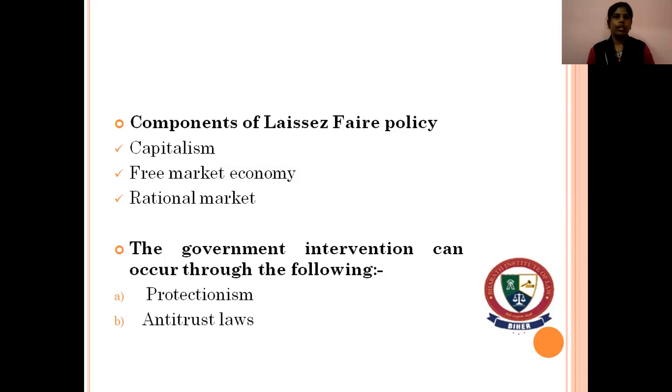And next is the rational market. That is, every decision taken in the market is fully based upon logic and not upon emotion. If I'm the producer, I'll fix the price of my product based upon logic: what is my expenditure? I'll have full knowledge about the product and the production process, and I'll fix the price of the product depending upon that. But if the government is fixing a certain price, the government